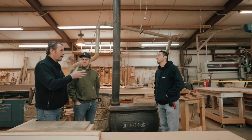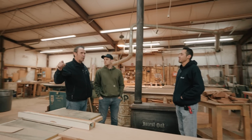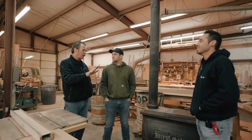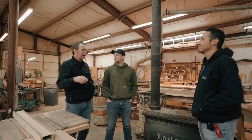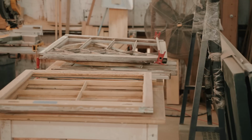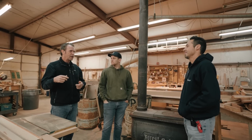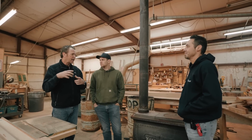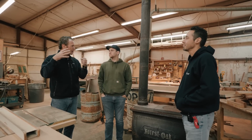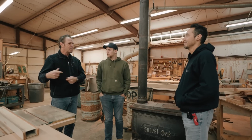So if he goes to that 2,000 square foot shop, then he's got one shaper, one joiner, one planer, one table saw, which is fine. But then you get three guys in there and you start bumping into each other. And just on the shaper, let's say we're going to build those window sash, you've got three different setups. Setting up a shaper is hard because you've got to set your fence, set your knives, run a test piece, make sure everything's fitting right, and then you run everything. Then if you break it down and you miss one,